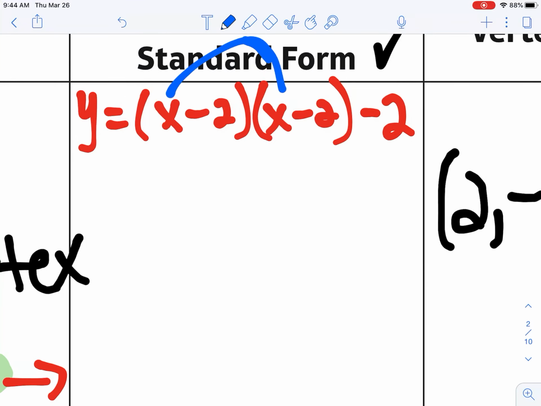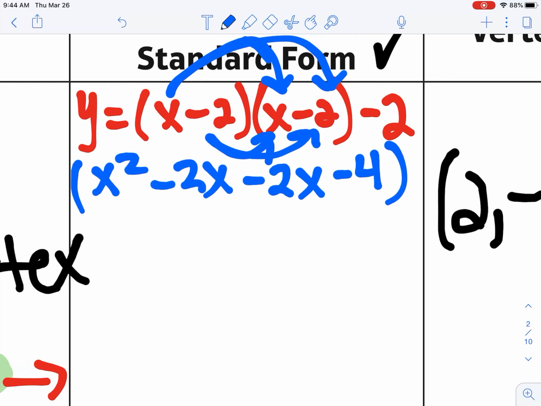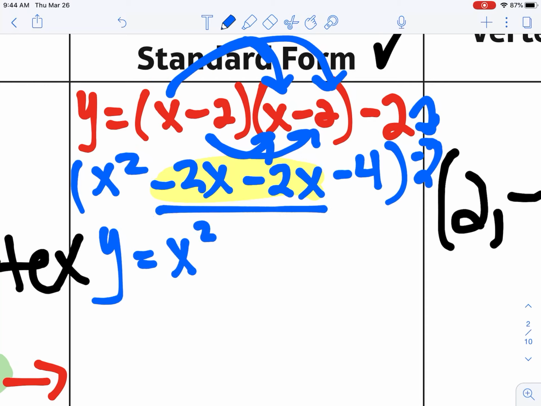All right, so if you guys have picked up on the patterns with any polynomial multiplied by itself, by all means, go ahead and use that pattern. But for right now, if you see, x times x is x squared. X times a negative 2 is a negative 2x. And then a negative 2 times x is a negative 2x. Lastly, a negative 2 times a negative 2 is a negative 4. I'm going to close that up and then bring down the negative 2. Okay, and that was that negative 2. All right, so here's the thing. I now need to combine like terms. Okay, so we get y equals x squared, and then a negative 2x minus 2x is a negative 4x,